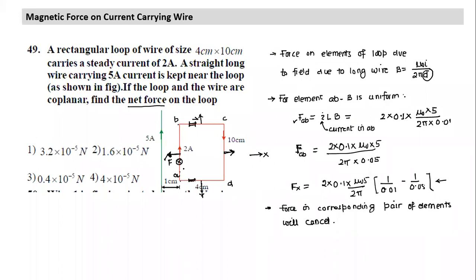I can easily calculate force here. But coming to these two sides, BC and CD, I can easily notice because of symmetry, if I take corresponding pairs, forces are equal in magnitude and opposite in direction, hence they will cancel out. I need not calculate these forces. So this is the method, and this is the sequence of logical steps involved in solving. Anybody has any query on this question so far? Anyone has any query? No?